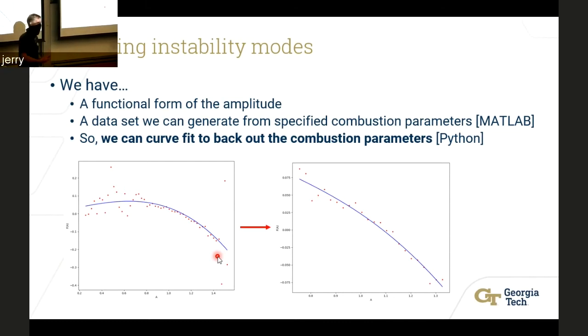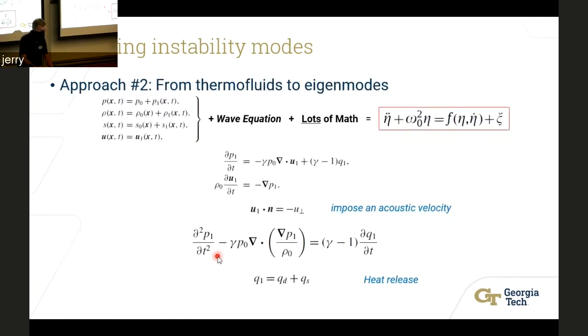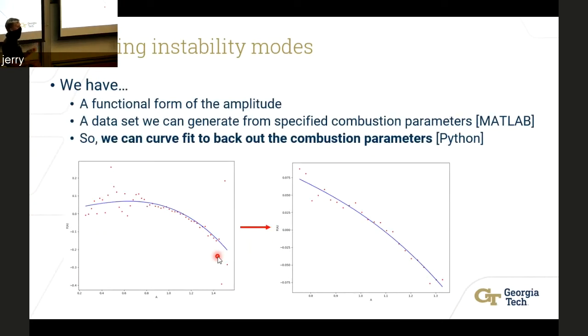So we have the functional form of the amplitude. We can generate a data set by numerically solving these eigenmodes. And then we throw them together and we try to find the coefficients from this functional form that fit that data. If we find those coefficients, we then want to ask ourselves, are those coefficients different or the same as the original parameters that I had from my data set? Spoiler alert, the answer is usually they're not the same, and you want them to be the same.